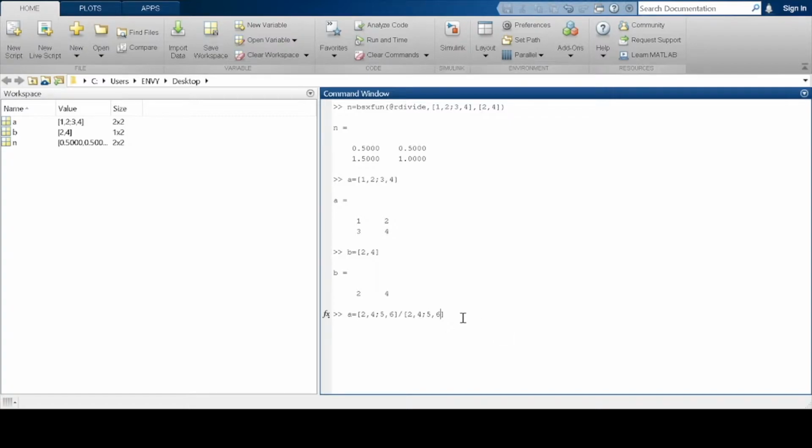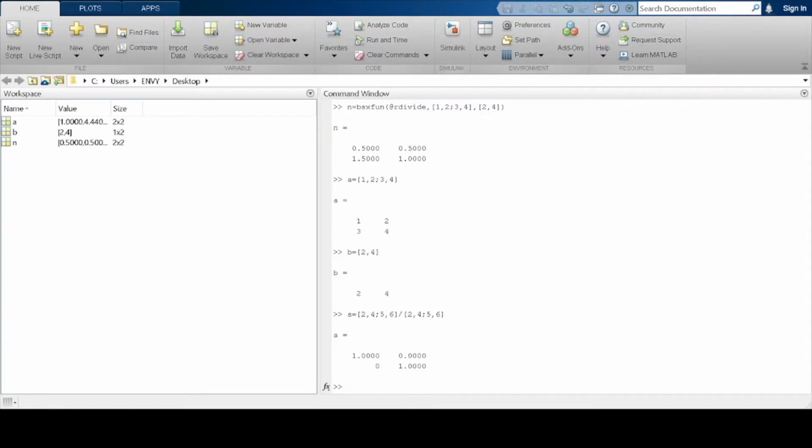So both are same, which results in an identity matrix. When dividing two matrices, the dimensions of the two matrices must agree. Unlike multiplication, for example, you can't divide a 3 cross 2 matrix by a 2 cross 3 matrix. So both should have the same dimensions.